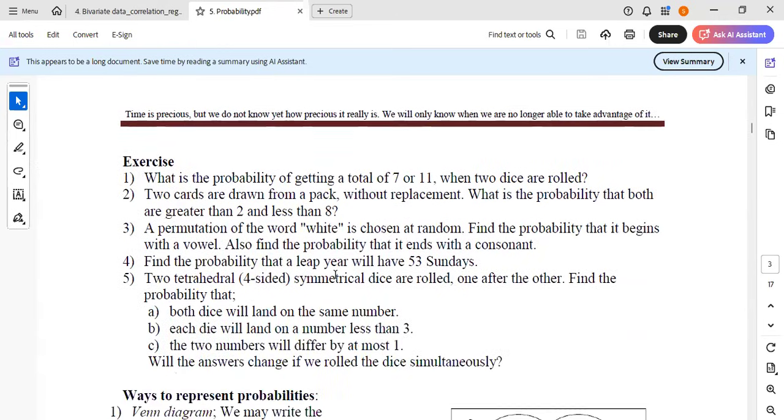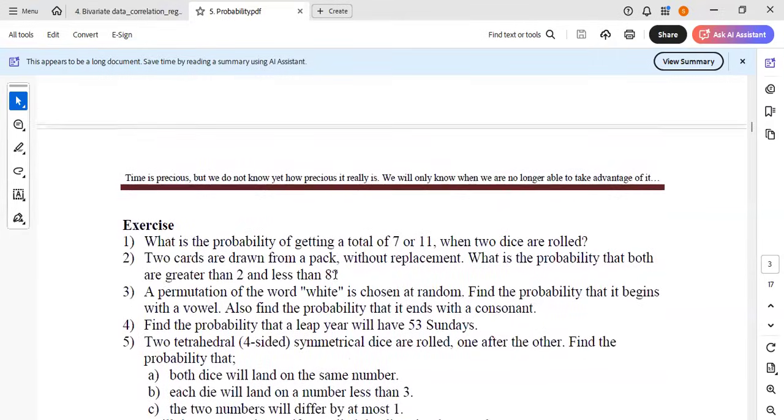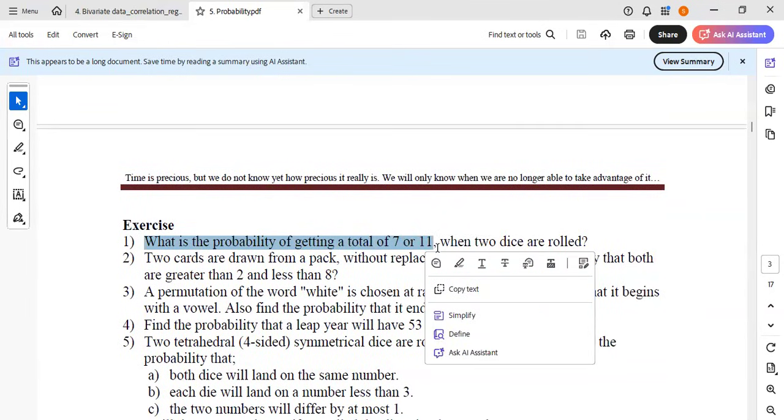Then we have examples here. So what is the probability of getting a total of 7 or 11 when